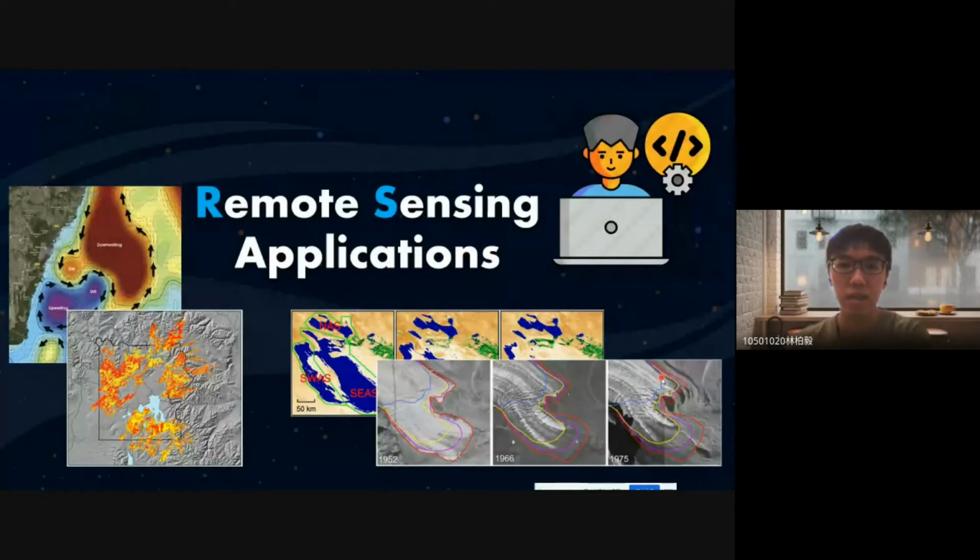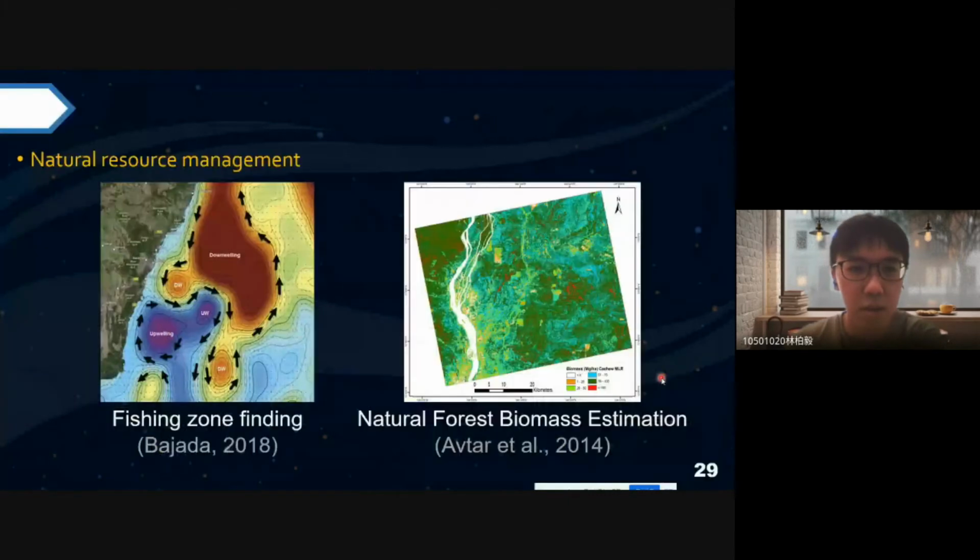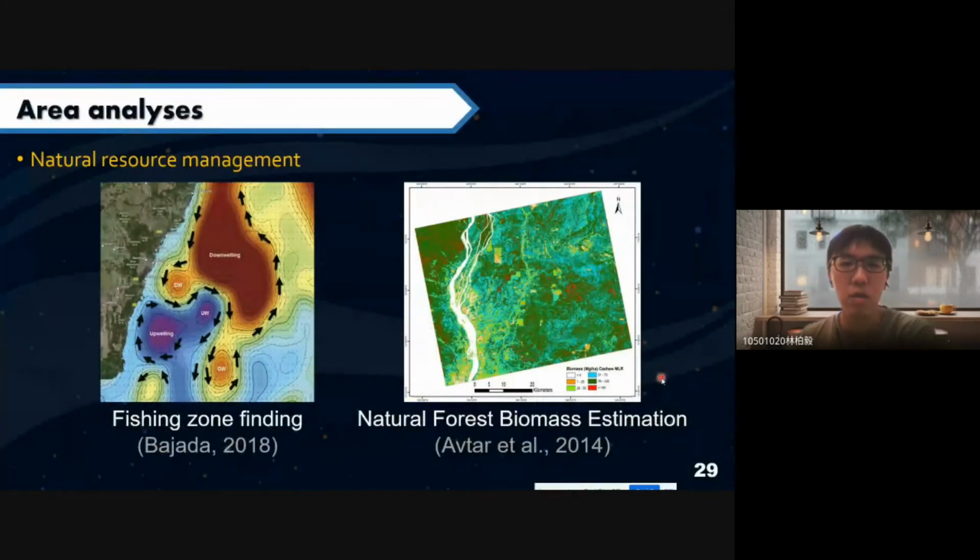And then it's the remote sensing applications. So, what can remote sensing help us do in the analysis? For example, we can do area analysis for natural resource management.